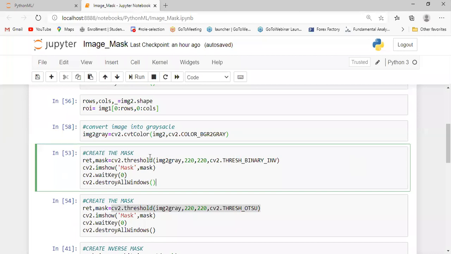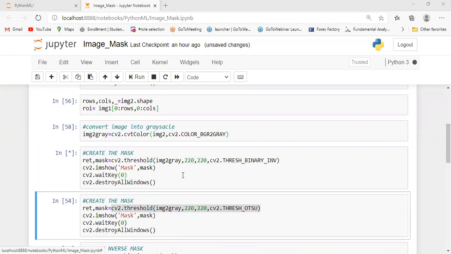The method is cv2.threshold binary inverse. I will run this code to display it, and see here the background images display.